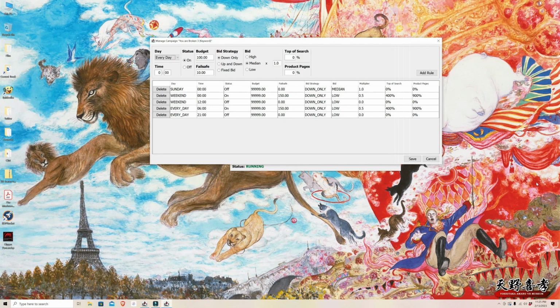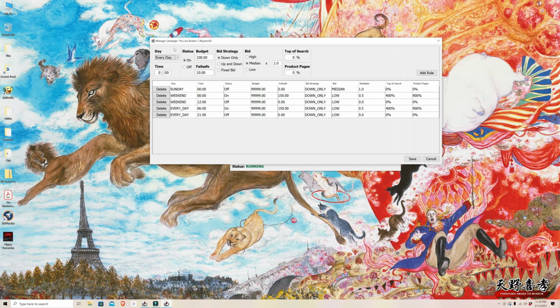This software will always run the most specific rule set that applies. So on Sunday, the rule that will be kept is the Sunday rule. On Saturdays, the 2 weekend rules will be enforced, and then any day that is not Sunday or Saturday is subject to the 2 everyday rules. The user may add or remove rules to their heart's content, and they may implement rules for any day of the week, for weekends, for weekdays, or for every day. To create a new rule, go to the panel at the top of the dialog.